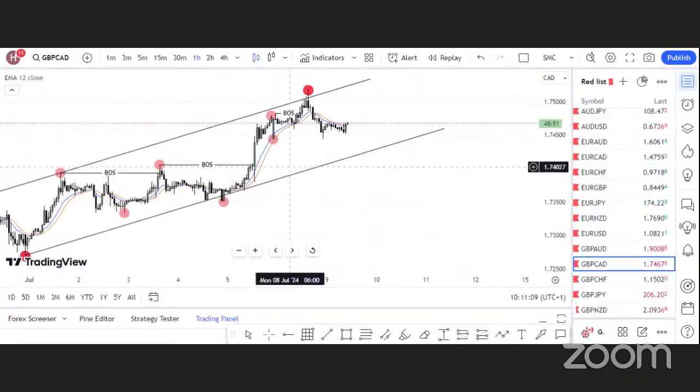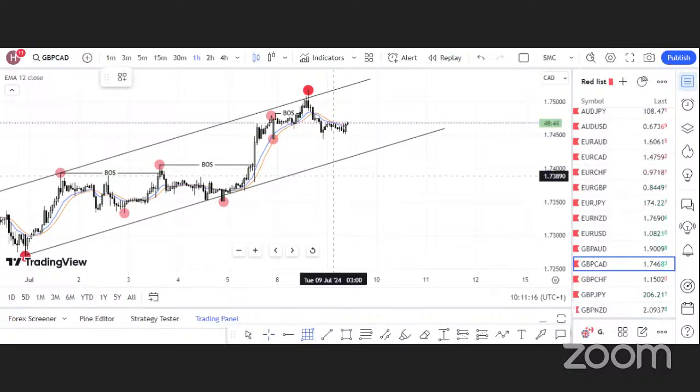All right. So we are done with that. The next thing we want to look out for here now is, for you that is not familiar with the SMC concept, in SMC there's what we call displacement. All right, there's what we call displacement. I don't think it's only SMC that actually has displacement. I think if you are even just a price action trader, you should know what displacement is all about because displacement is very important. I mean, you have to pay attention to candles,